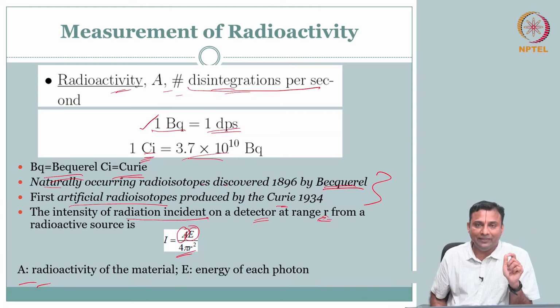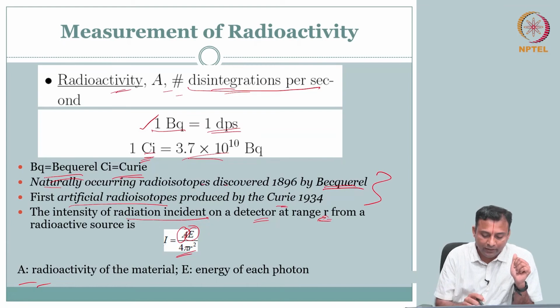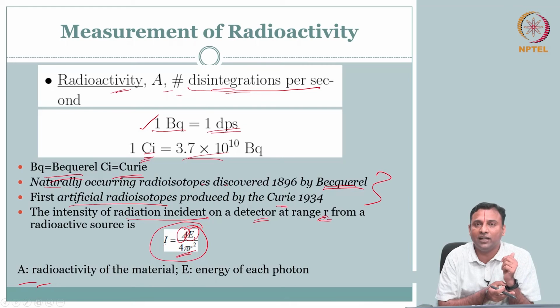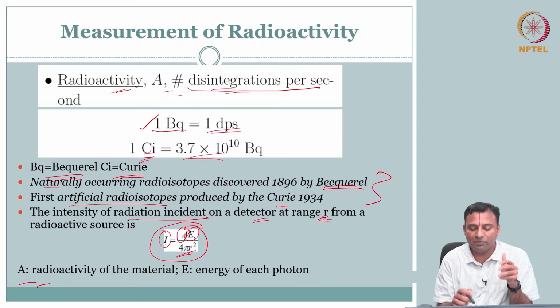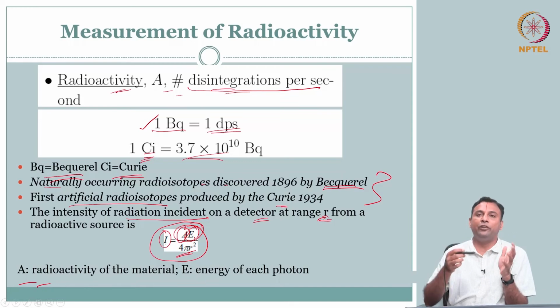So I know the intensity. If I know my intensity, my distance, my energy, this is very important. What is it that we need to know from here? What is the known, what is the unknown? You are going to measure the radioactivity and the energy per disintegration. We still need to go into details to see what decay happens and what energy is coming out. This we need to understand. Of course, this r comes into business when we do the geometry.